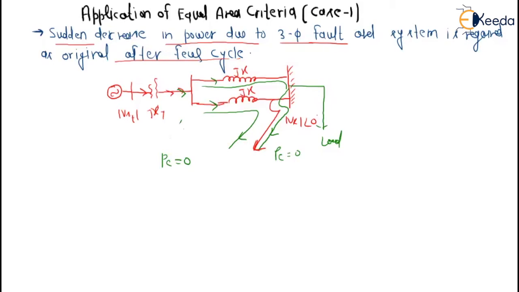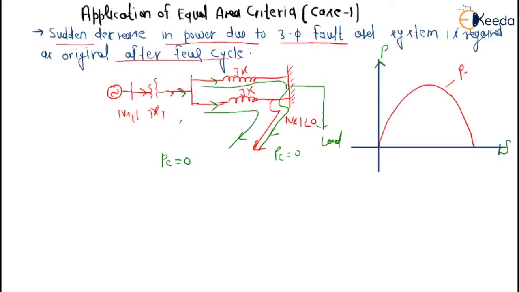So now we are going to understand this point. Coming to the P-delta diagram, we must understand this P-delta diagram very carefully if you want to understand the concept of this value, this knowledge. If this is P and this is delta, initially when there was no fault, our P-delta graph was like this. This is PE, basically.